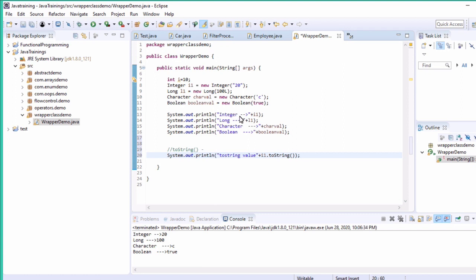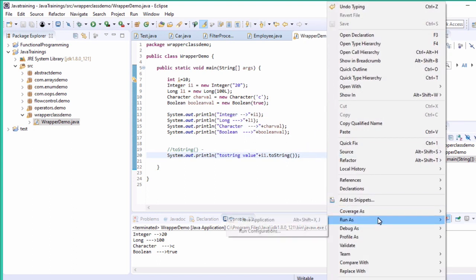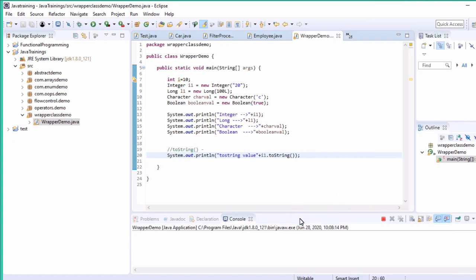By default, whenever you are appending with a string, it will automatically call the toString method. So now the value will be the same in both places, 20. The toString method is basically to convert an object into string format.